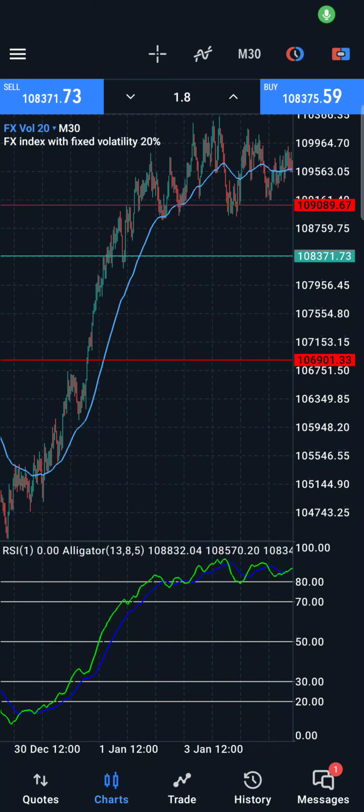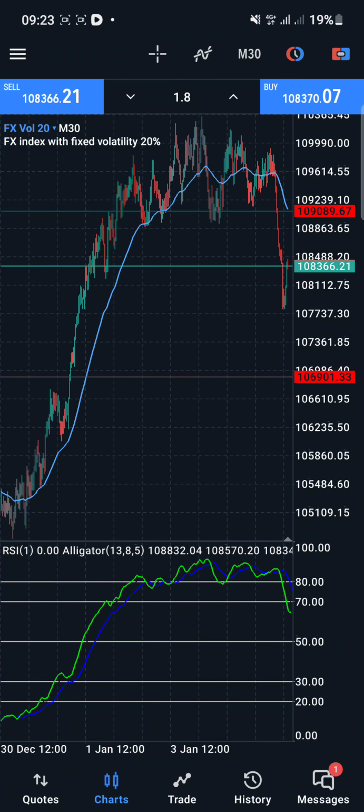Hey guys, let's check out this mobile setup for the FX volume 20. This will help you have an idea of what you need to look out for before you trade this asset. It's so beautiful and so unique. So many people have been asking about it, and of course they don't know how to go about it. And it is a good thing that we have another platform offering